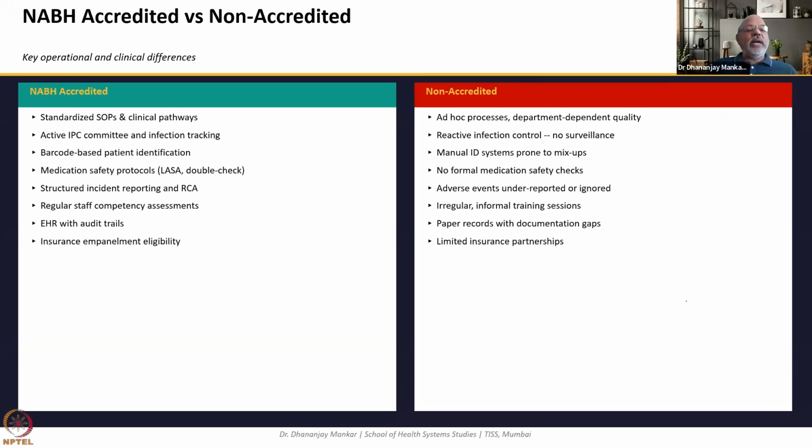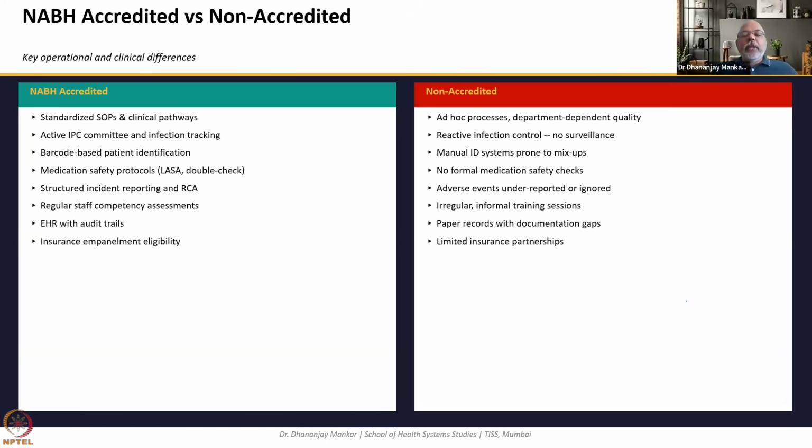So barcode-based patient identification, LASA, that is look-alike, sound-alike drugs, where a lot of prescription errors, medical errors, and dispensing errors come more because safety protocols are not followed, which may be addressed by double checks or confirmatory checks of the expiry, names, and generic names. Now, those are very, very important. And even spelling it and confirming it to the patient gives more reasons that you may not come across these issues.